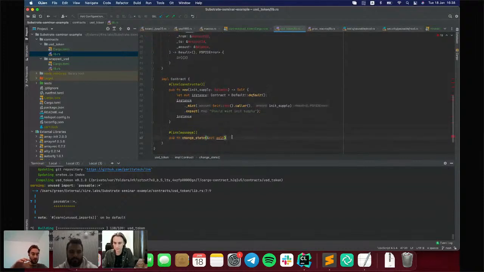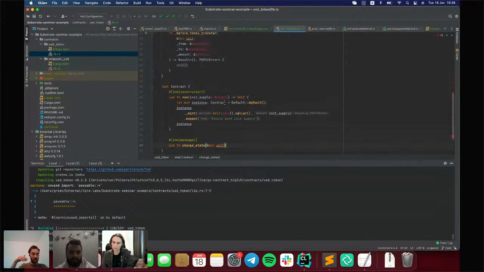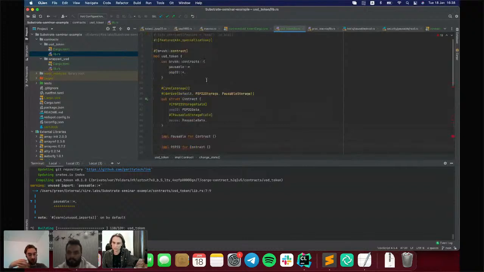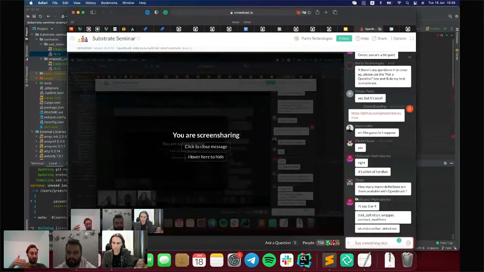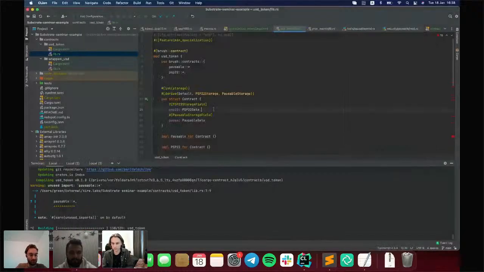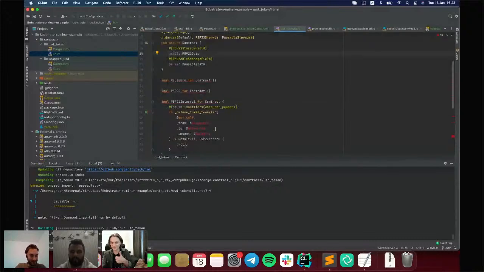When you use the modifier when not paused, that means prior to every function call, it will go through this modifier and check if the contract is paused or not. If it is, the function will not be executed. It's like a pre-security check before entering. Cool. Super cool. Is it clear? Thank you. Okay, thanks.